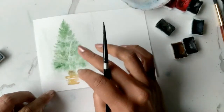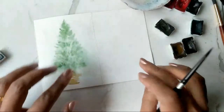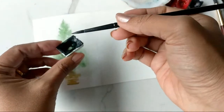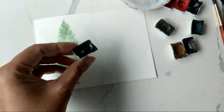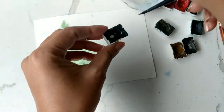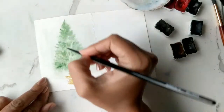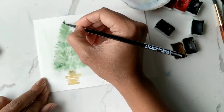All right, so now that we have this done, I'm just kind of bending down to check to see how, yeah, I think we can go in with a darker color now. So now we are doing our third layer of color, and once again using my number 4, and I'm going to use the nice green that we have, which is just called green, and going in like this. So we're doing the exact same motion, starting from the top,